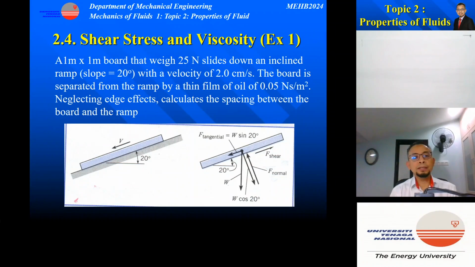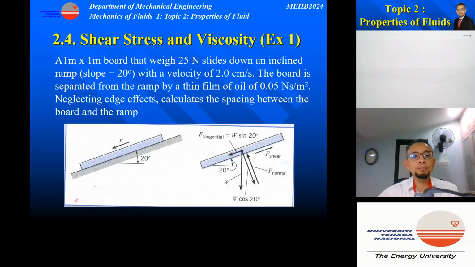So now let's look at example number 1 related to shear stress and viscosity. Here we have a 1 meter by 1 meter board that weighs 25 Newton, sliding down an inclined ramp. The ramp has a slope of 20 degrees with a terminal velocity of 2 centimeters per second. The board is separated from the ramp by a thin film of oil with viscosity 0.05 Newton second per meter squared. The question says that we need to neglect the edge effect, and then we are asked to calculate